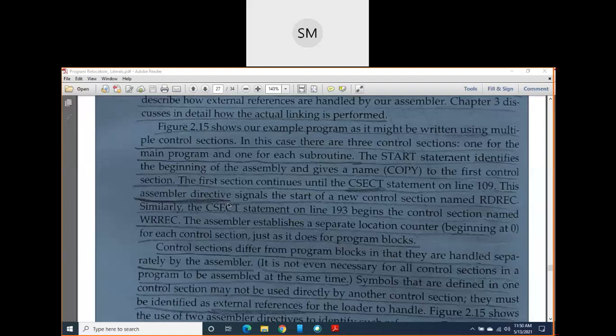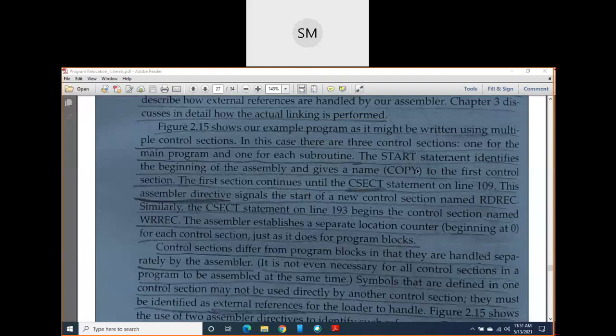So here in our program, the START statement is there. Go to page number 89 in your textbook. In that program, the START statement indicates the beginning of the program, and it gives a name.